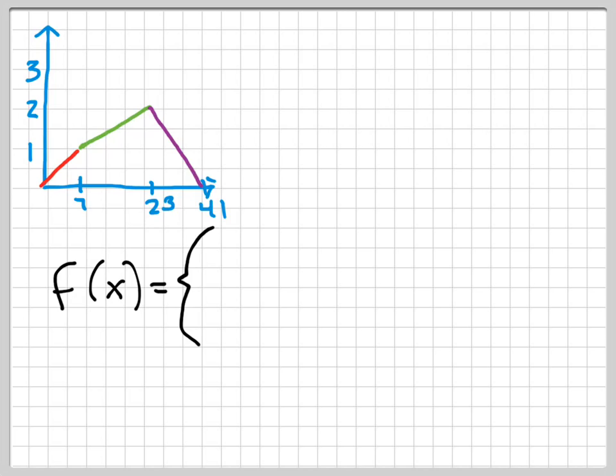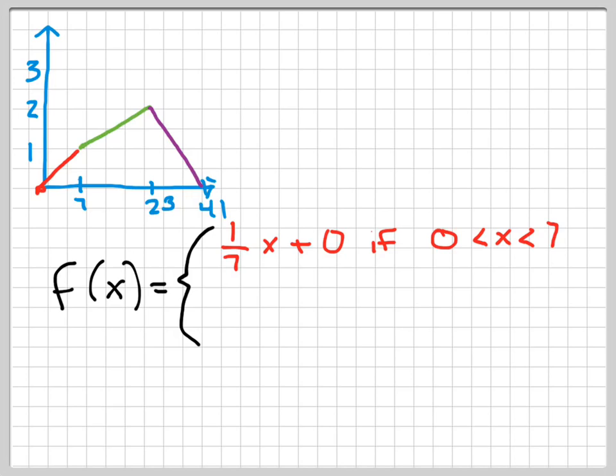And I say, okay, f of x equals, the first section of my function is up 1 mile in 7 minutes, so 1/7 x. And the y-intercept for my first part of my function, let's do it in red because it's the red part, 1/7 x. The y-intercept there is 0. 1/7 x plus 0. And this is the function if x is greater than 0 but less than 7. And